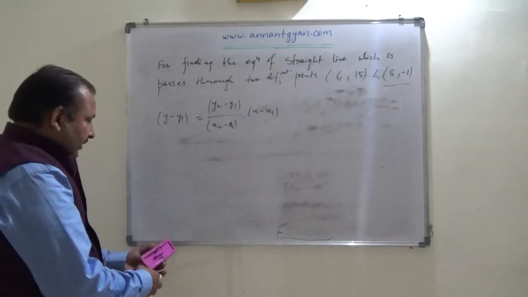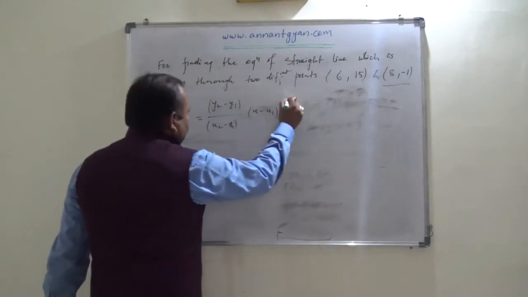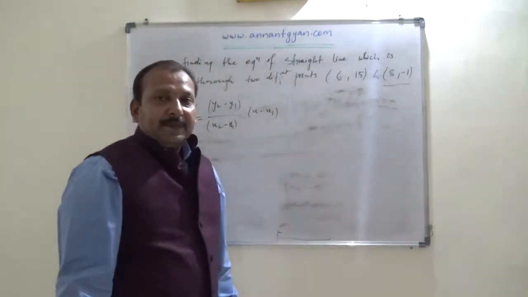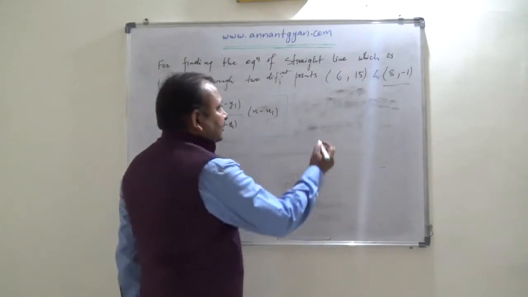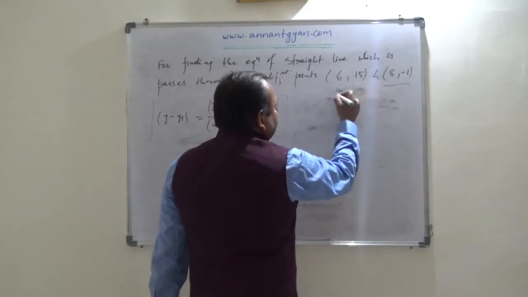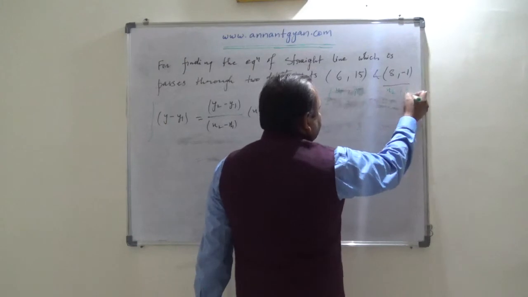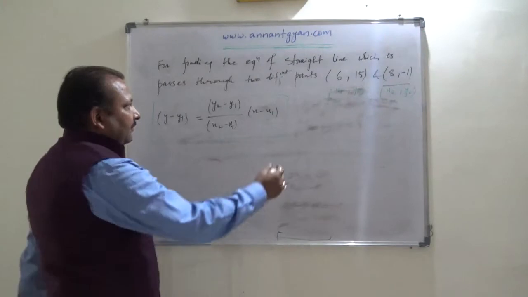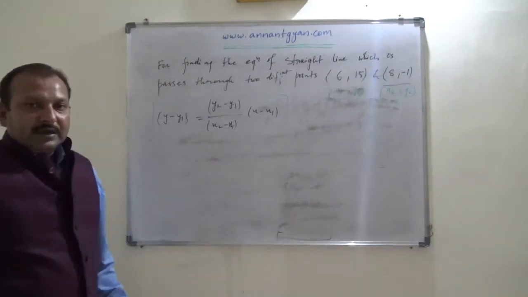So this is one of the methods used to find the equation of a straight line that passes through two different points. Here the first point has x1 and y1, and the second is x2 and y2. So we shall write here: put the values of x1, x2, y1 and y2 in this equation, and you can get the equation